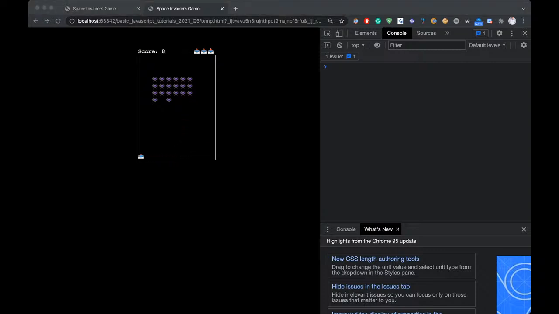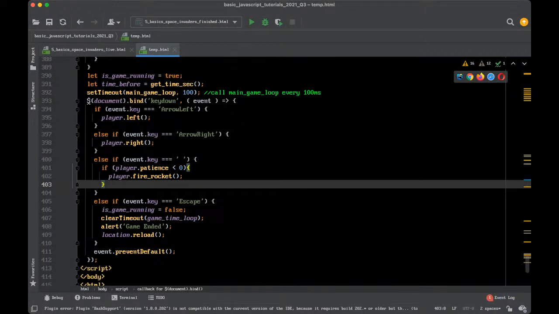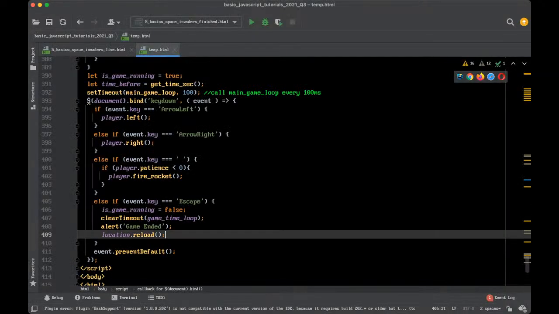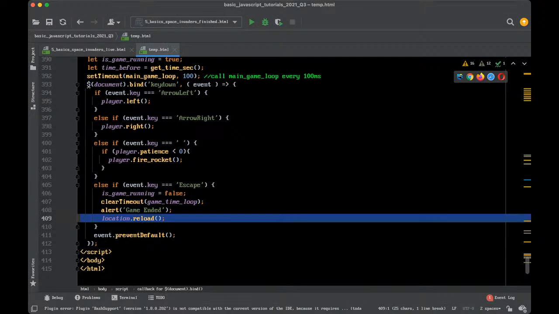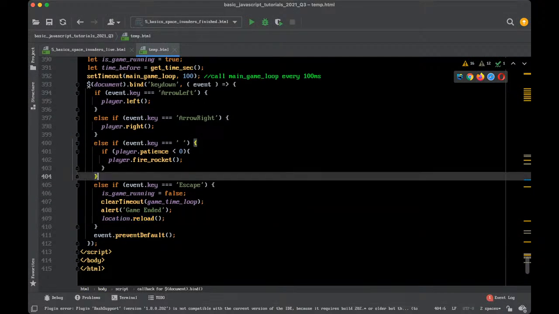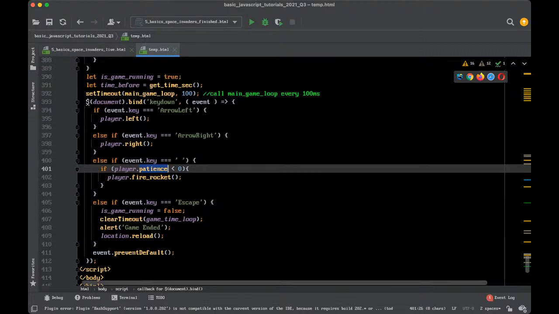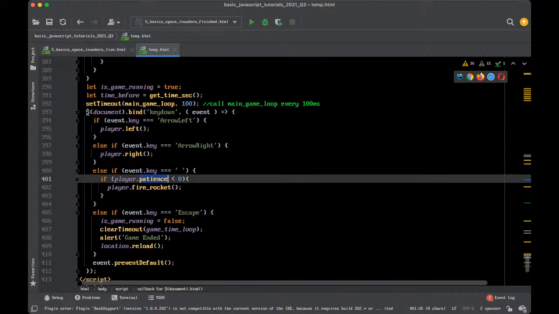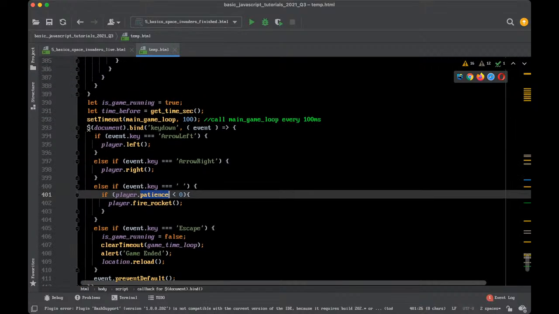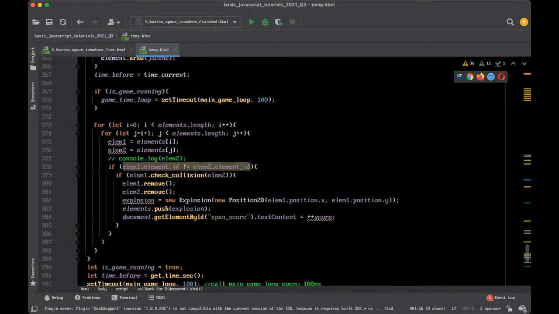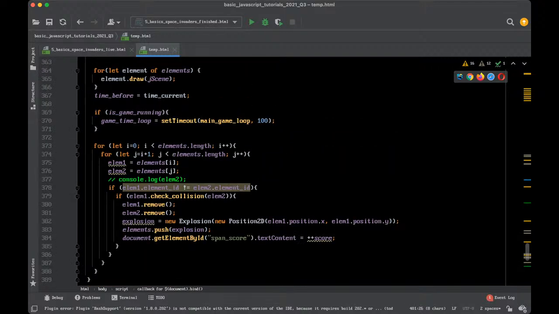So I think so far this is the best code we have. I mean the best result we have seen. Let's see what about the code. So, fire rocket patience. Oh, so that's good. I like this. So we have some kind of built-in patience. That is good. Okay, and then we have the collision code, the for loops,